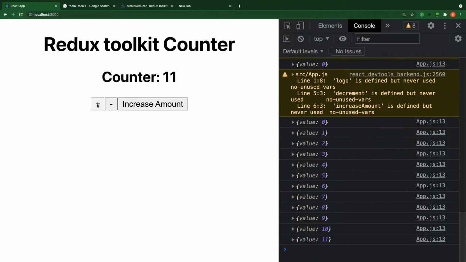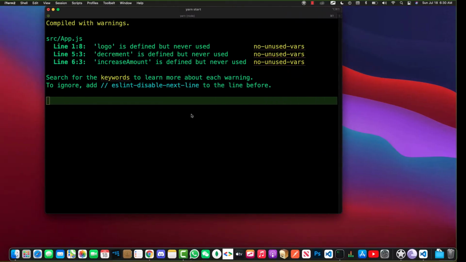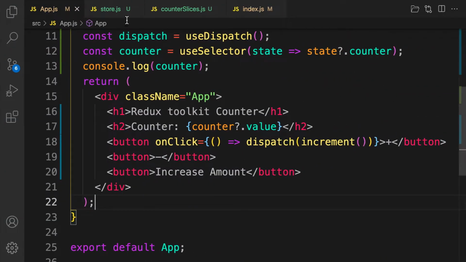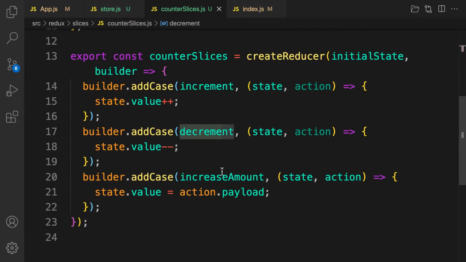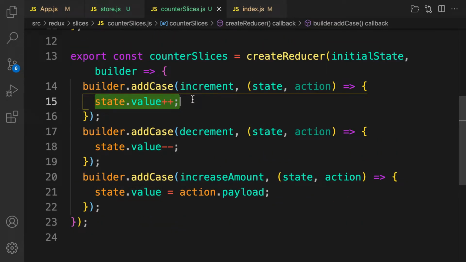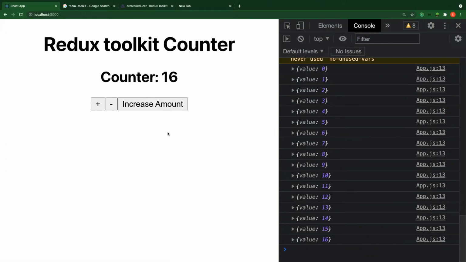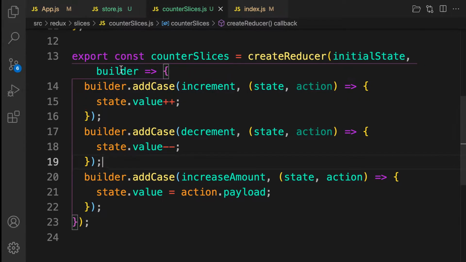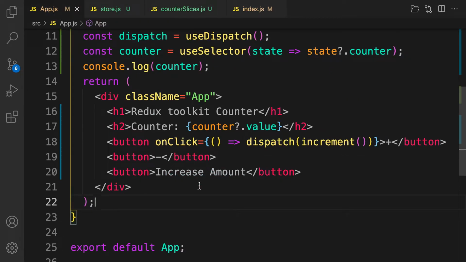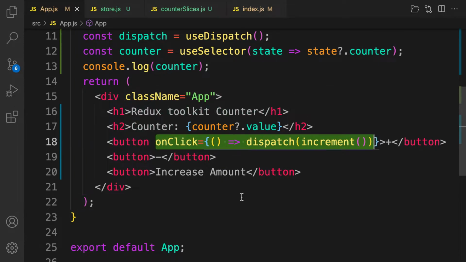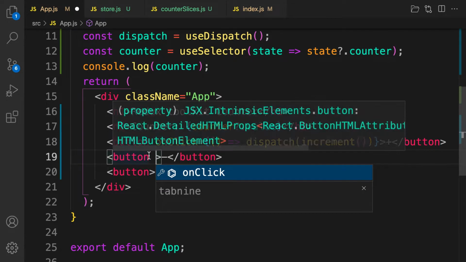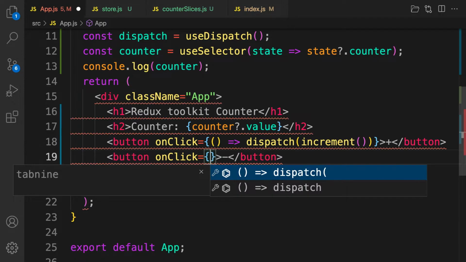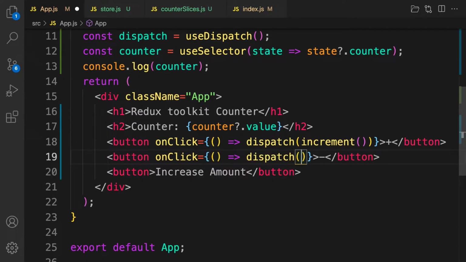So with this, if you try to click on this one, what you get is the counter increasing, right? Because inside our counter reducer slice, we have that it should increase by 1. And because of Immer, I can mutate the state directly, and that's awesome. And the same thing applies to decrement. So the same thing. So let's go to our store, our app, and inside this, let me copy the whole of this one. Okay, let me start from scratch. So I pass in onClick, and then like that, and then I pass in my